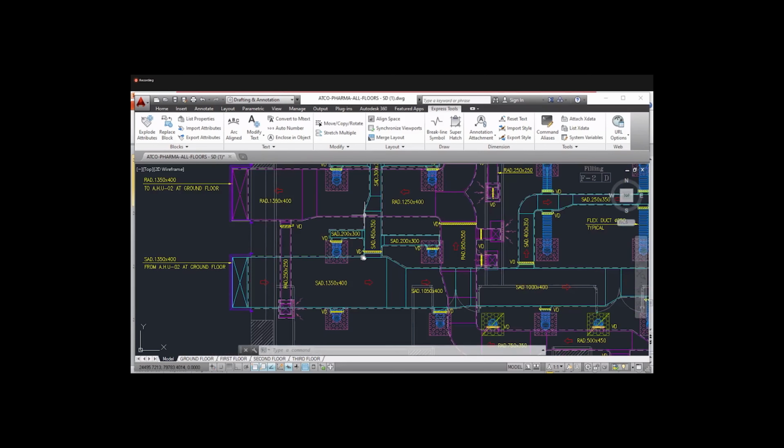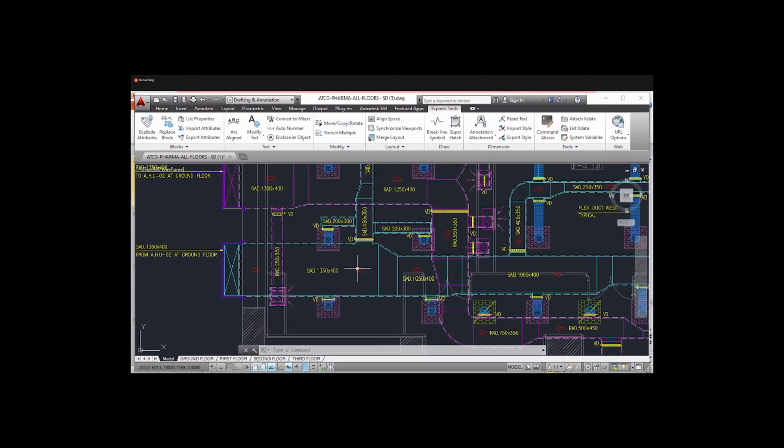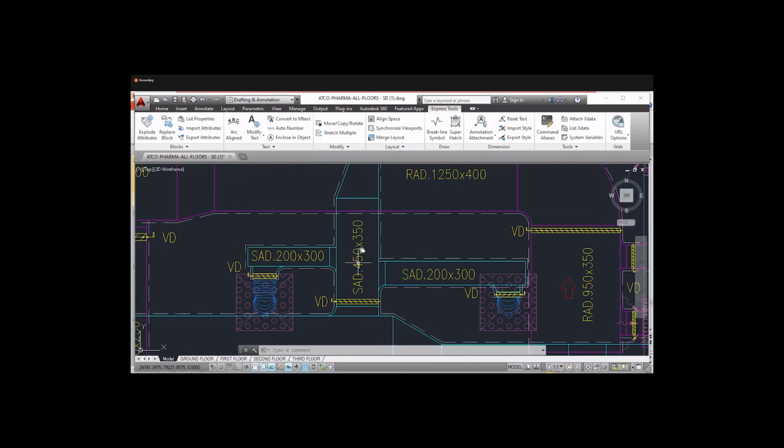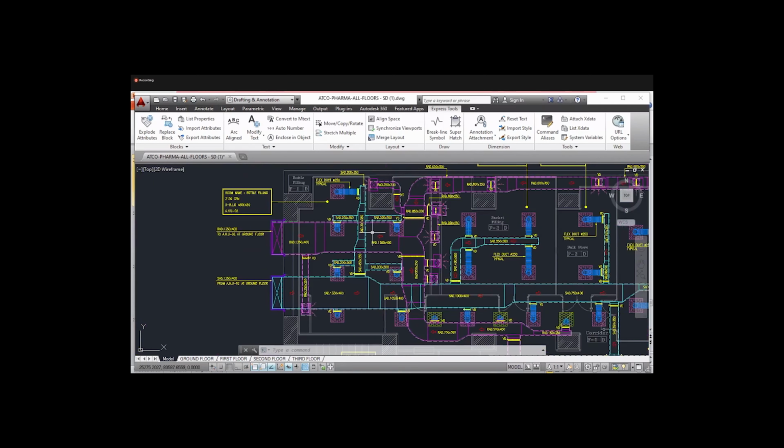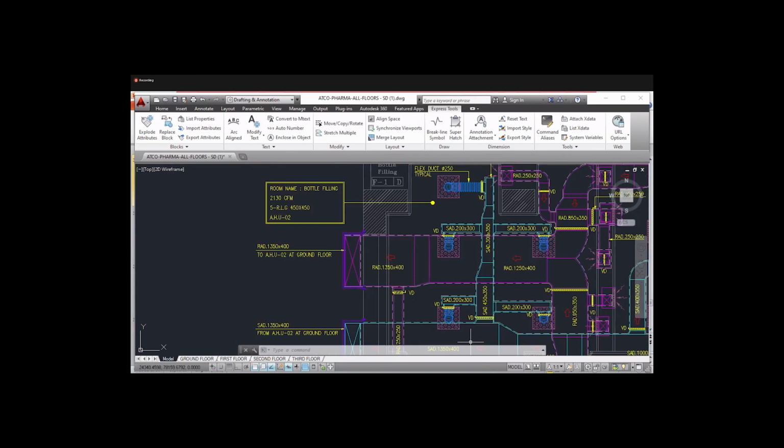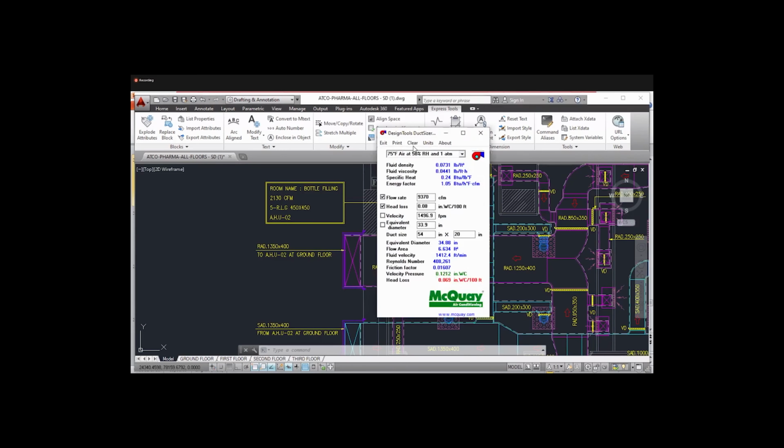So the next size we have to take for the branch also. So now we will calculate for branch. What is the CFM here? We are using for this room 2130 CFM, correct? So we will use the duct sizer. We will clear all the values. Now we will do velocity and CFM. So what is the CFM? 2130 is the CFM, and the velocity we got it is.